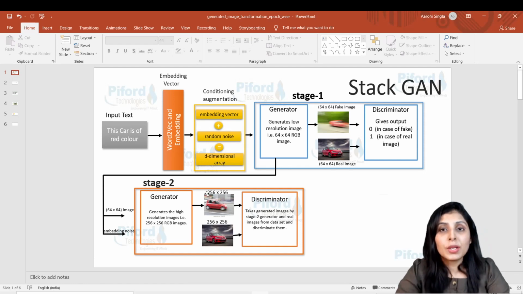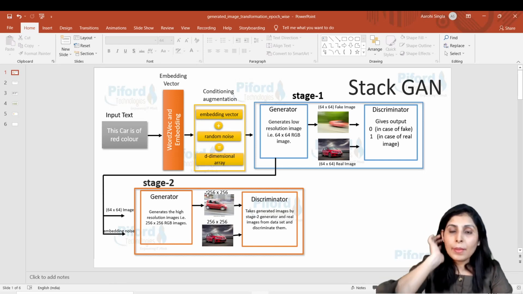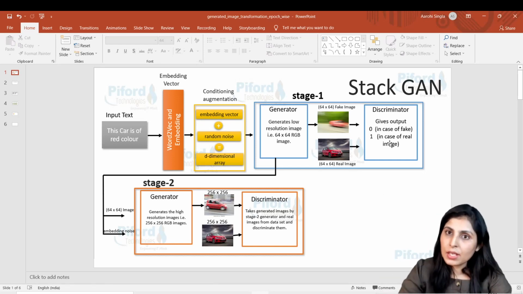If you don't remember why I'm saying this, you can check my previous video on StackGAN; the link is in the description section. There I have explained in detail what kind of pairs we are using. But always remember that the discriminator will accept input in the form of a pair. Pair means the generated image with the embedding vector, and the real image with the embedding vector, right?